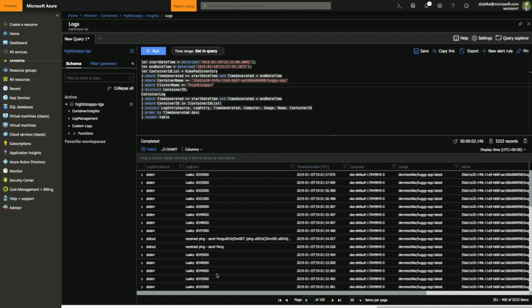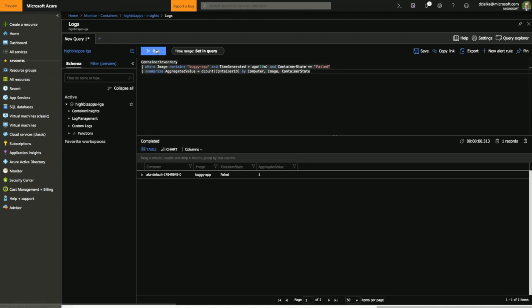If I'm being more smart of this, I can also create queries that only surface concrete input. So in this case, I'm seeing that the schema, for example, gives me the option to ask all the container state failed messages from this buggy app, and I can count the number of container crashes in the last 10 minutes,